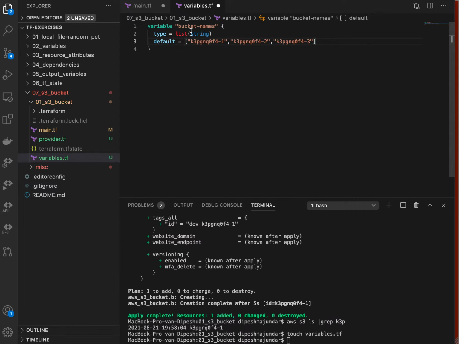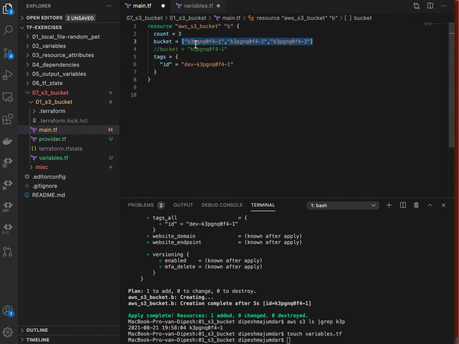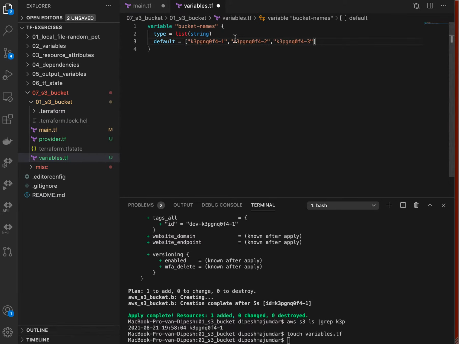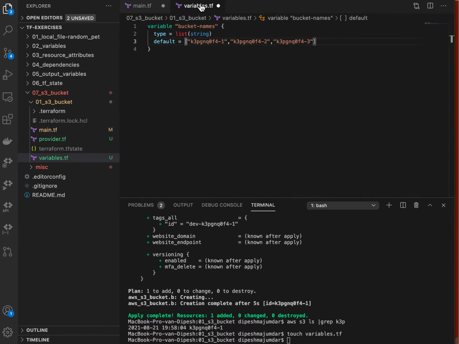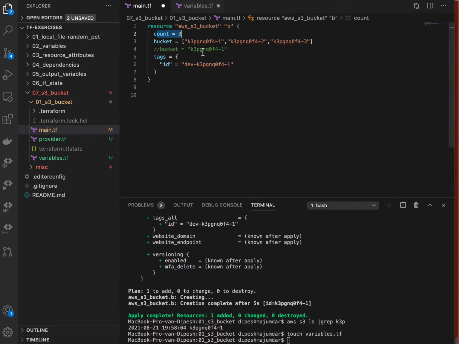So default, the name of the variable 123, and I am going to call this variable 123 from here. So I define the count first with the number of items here, and then I need to call this from this variable. So how do I do this? I cannot hard code it because I need it to be kind of a dynamic thing. Okay, so what I'll do is I'll do var